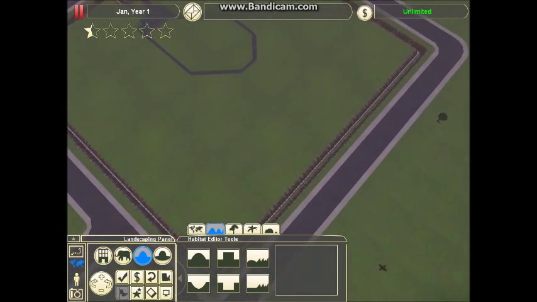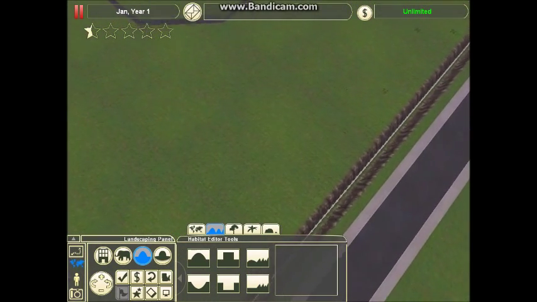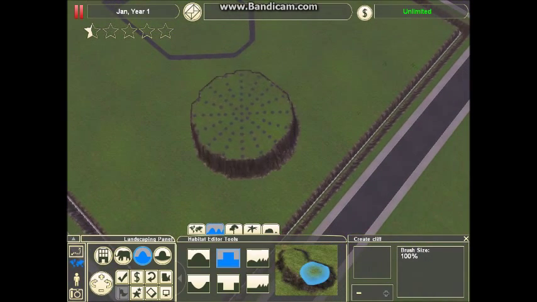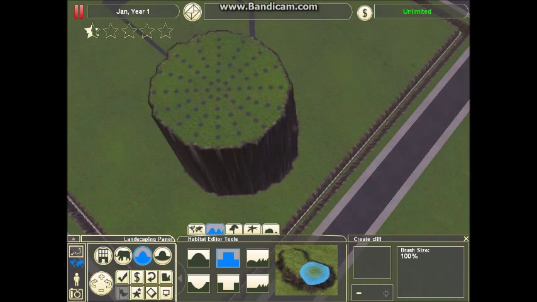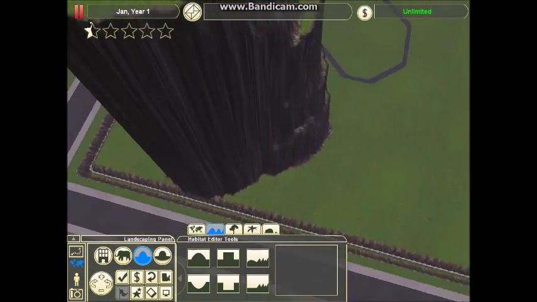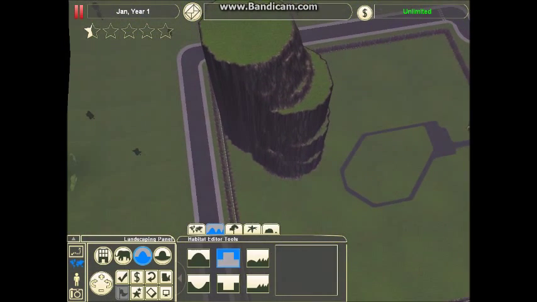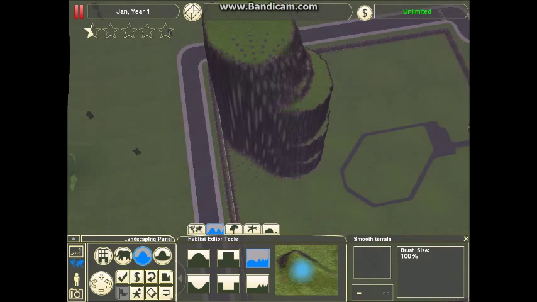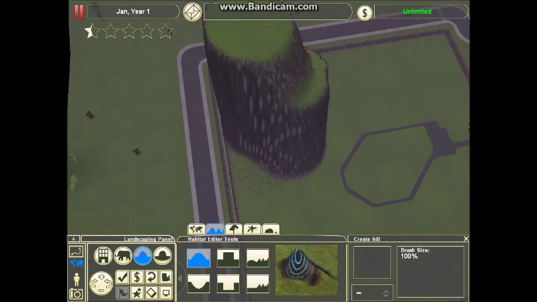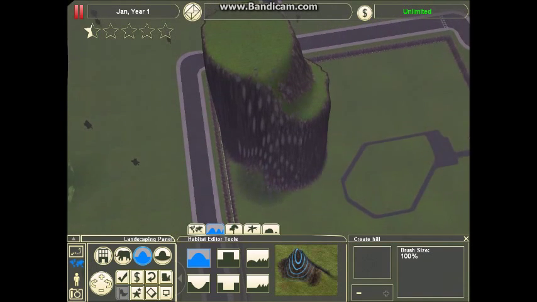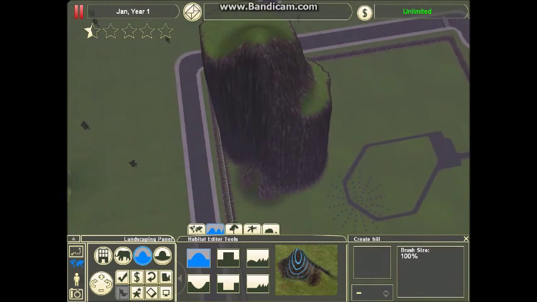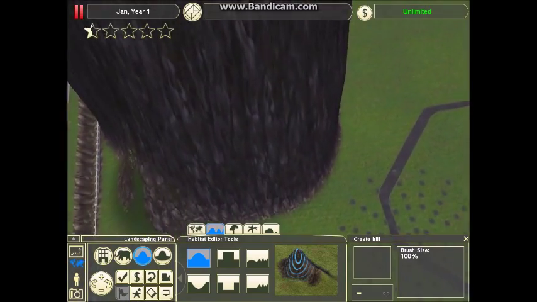So after you flatten the whole zoo, and you also have this flattened too, but I can't flatten it because of limitations in the game, you will be able to raise the terrain to the height that you wish, matching up to the height that you made it in your hack. And you can also make a hack to make it faster if you want, though when you're making a small hill, like way down here,